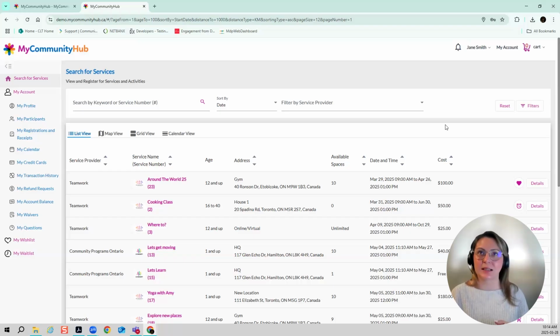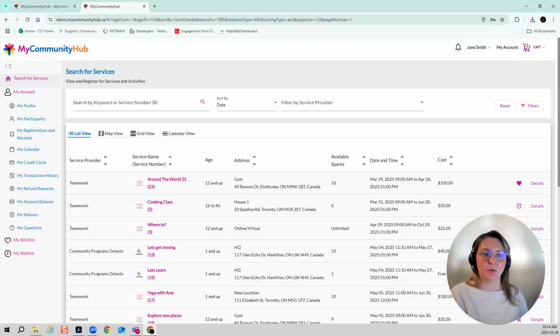You don't necessarily need to hide it. You do have the ability to make things private completely, where they're not searchable, and send a private link to, let's say, a select group of people. But this just allows it to be searched. It's a great way for, if you have an intake process, for example, to ensure that only those who have completed the intake for that specific program are able to go in and register.